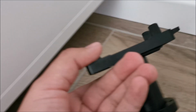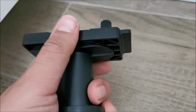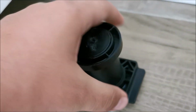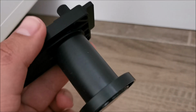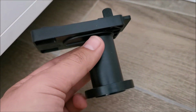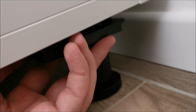And now you simply, considering that this is for the end, I will rotate it actually like this. This is the proper position when you are putting it in the end, because we want to also support a bit of this thing. Anyway, so rotate it if you need to. If it's in the middle, it was good how it looked before. And now simply slide it in here